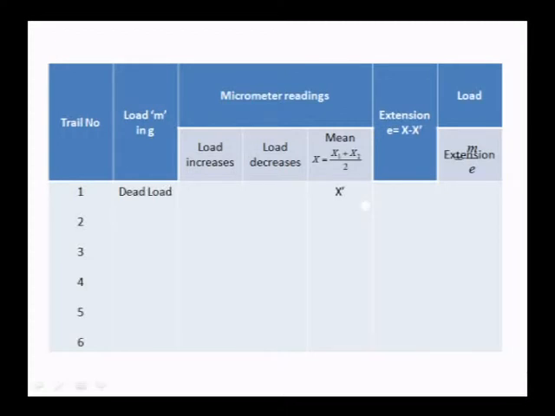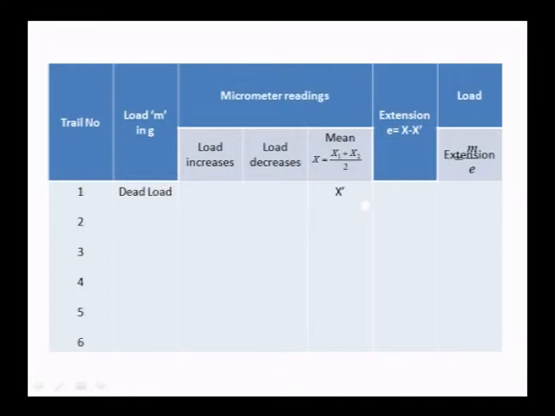So, when the load is decreased, the extended wire comes back to its original length, and the readings are again tabulated. Again, while reducing the load, since the wire is trying to regain its original length, the spirit level is again imbalanced, and to adjust the spirit level, we again rotate the screw in the Searle's apparatus, set it to the center and note down the readings on both pitch scale as well as head scale.